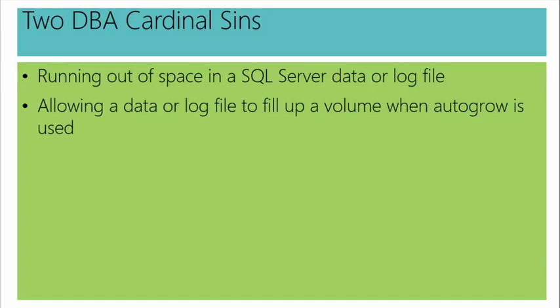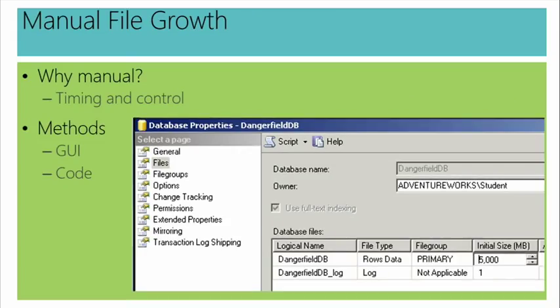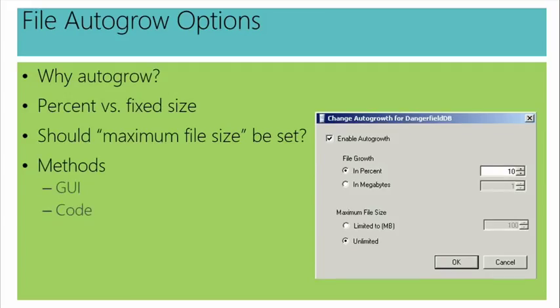So what are the ways that you can take care of making sure that a file doesn't run out of space? Well, this is a beautiful lead-in, actually, towards our automation lesson, which will come up later. But if I am aware of a space problem, I can easily solve it before it becomes a problem. Notice, as I'm showing here, I can get properties of a database, pick a particular file, just grow the size. As long as I have the space, that's not hard. But you know one of my rules of thumb. If I have to do something once, I'm probably going to have to do it again, so I might as well have a code-based version of that. Stay tuned for a version later.